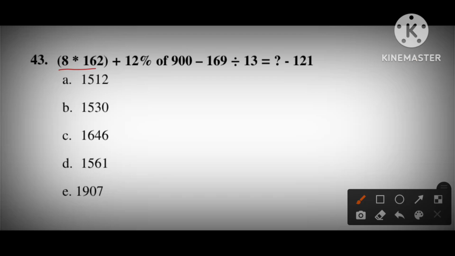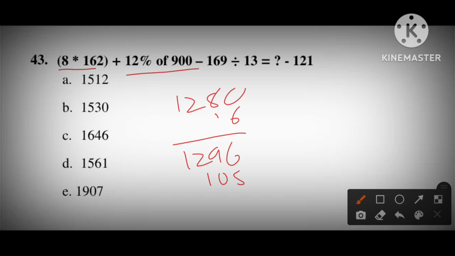Third question, 8 into 162. 160 into 8 times will be 1280, and 8 2 times 16. So 1296. And this is 12 9 times. So 108 minus 13. Okay. This comes this with plus 121. So if you subtract 3, 5 plus 1, 6 plus 6, so 12. This will be 1 and 1 cancel, and 11. 1 here, 1 here. 4, 5. 1512. Answer will be 1512. Option A is the answer.